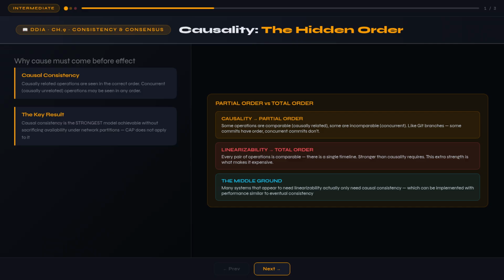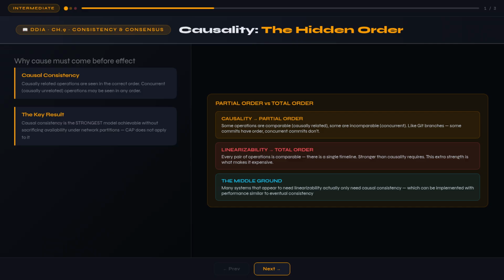Here's the subtle but critical point: causality defines a partial order, not a total order. In a partial order, some pairs of operations are comparable, causally related, and some are incomparable, concurrent. You can always say which one of two natural numbers is greater. But you cannot always say which of two concurrent operations happened first, they happen in parallel, and there's no fact